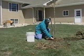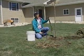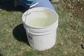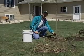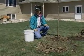Notice we've got that grade reestablished. There's that upper root right at the soil surface. Now there's only one more thing to do, and that's water. The amount of water to add depends on the size of a tree. On a small tree like this, 2 inches in diameter, you want to add about 2 gallons of water each